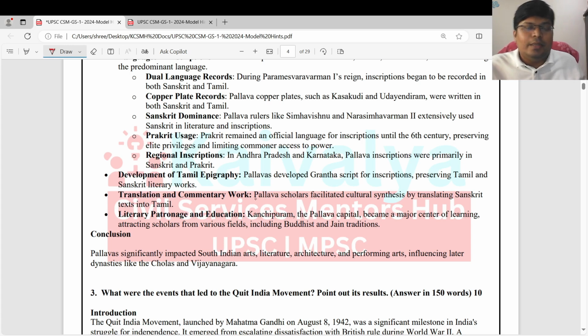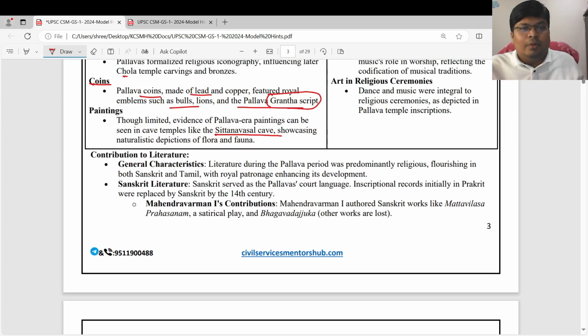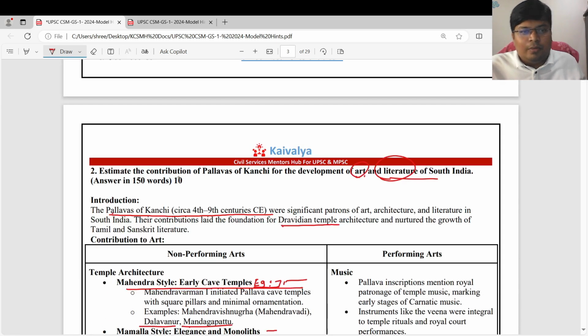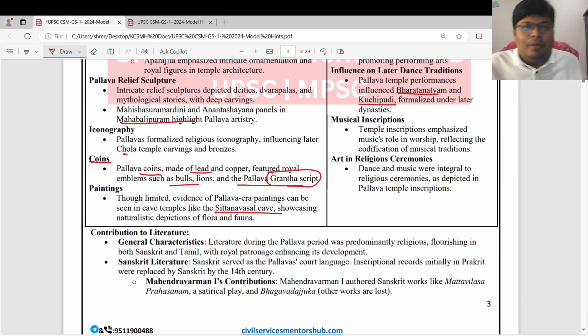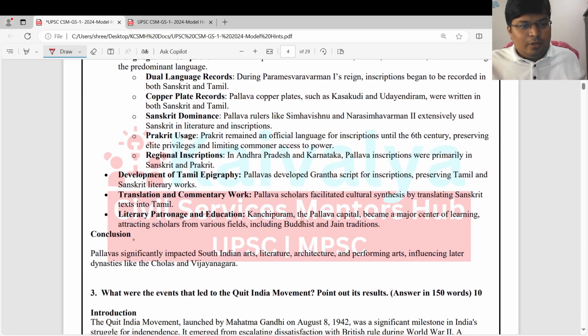Translation and commentary work, meaning the Pallavas translated Sanskrit texts into Tamil. And then literary patronage and education. So you could link this dimension, literature, patronage, and education, with the development of literature. So you could have covered the maximum points in your answer. And in one line you can establish its linkages with Chola and Vijayanagara art and